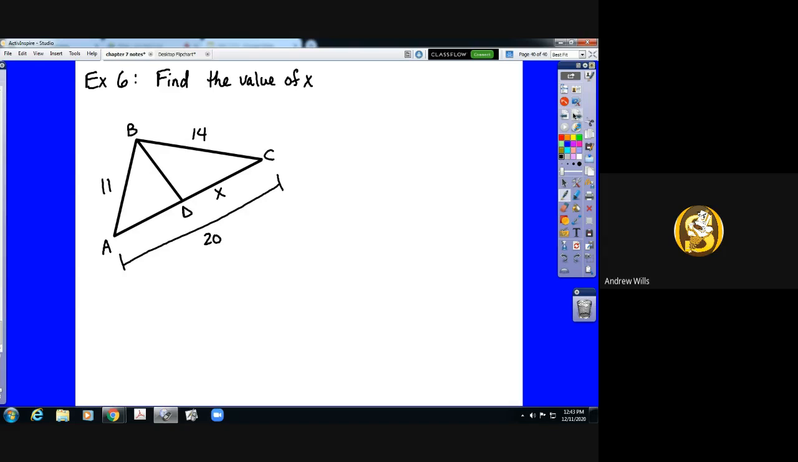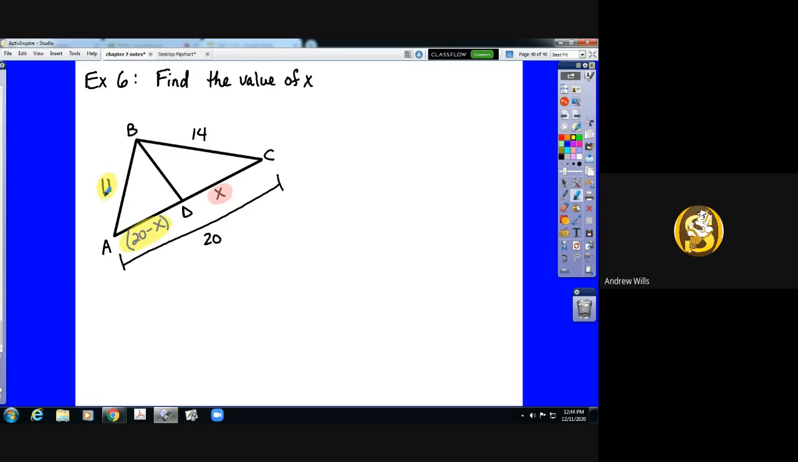Very good. Same as the first example. If CD is X units and the entire length of AC is 20 units, then this piece AD would be 20 minus X units. Okay? We need to do that first because our proportion compares the two pieces, AD and CD, to the two remaining sides,